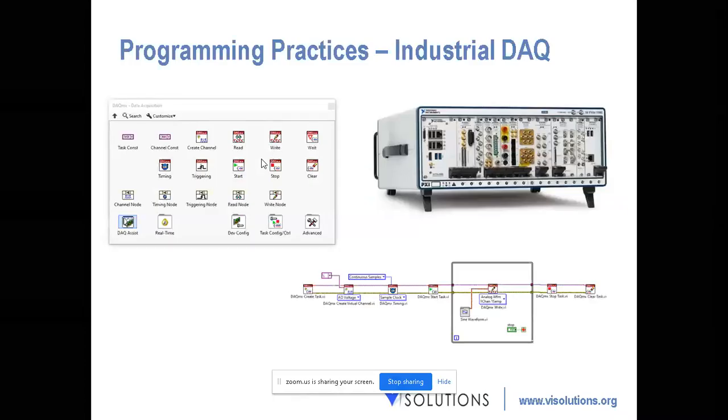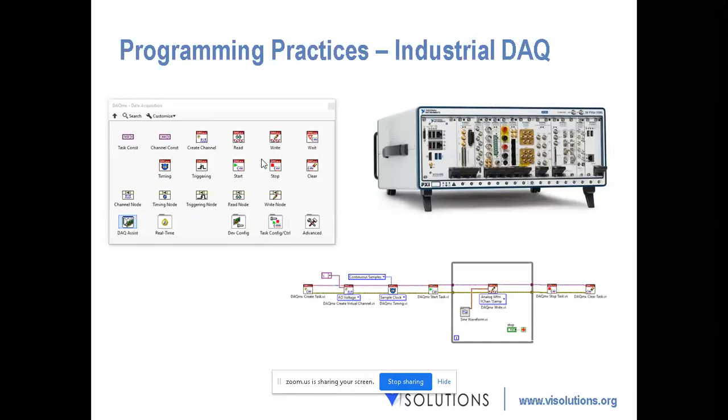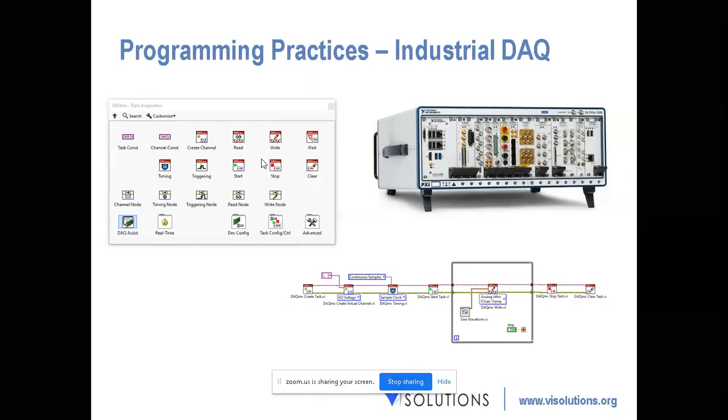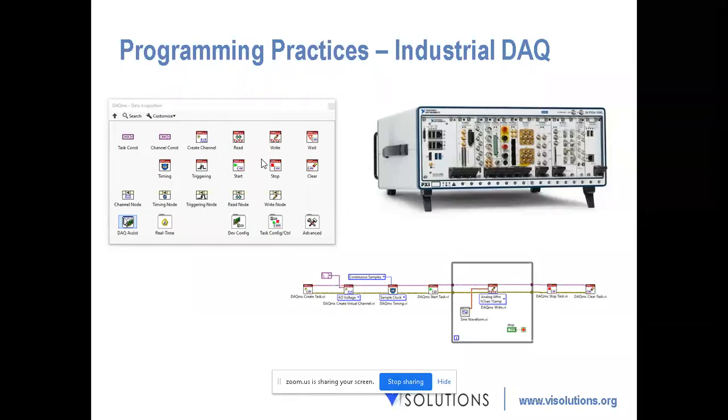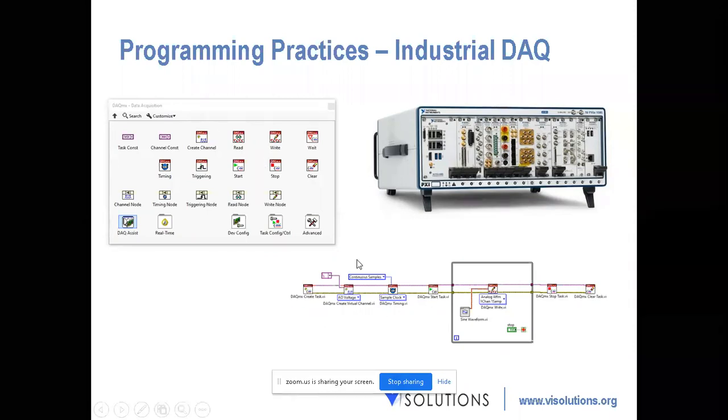Okay, programming practices are going to be very simple for hardware as well. So if you want to program your LabVIEW to acquire data from, let's say, a battery, it's going to follow a certain sequence, which is not only non-textual, we can also follow how the sequence is taking place.